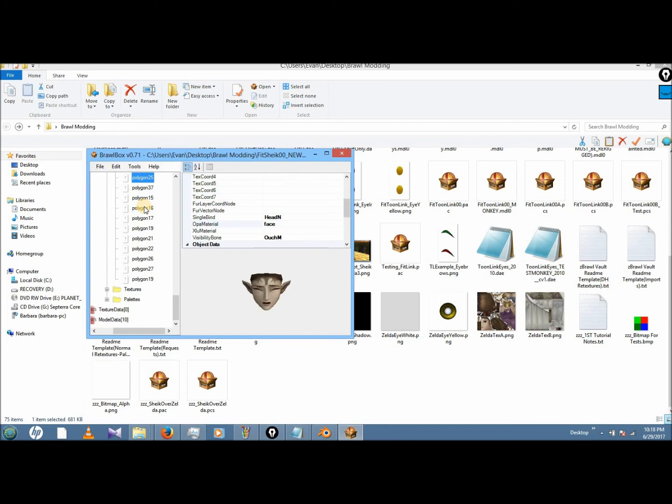Okay, so I have GLNT, dress, face, face. Okay. It's all good on my object end.